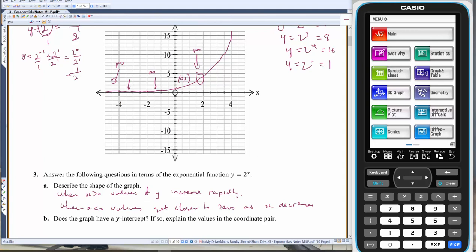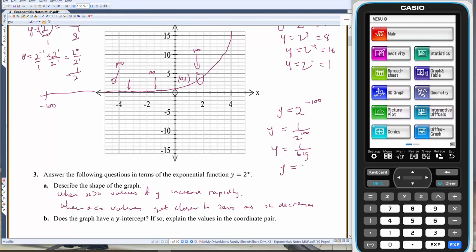So what's happening here is when x is greater than 0, these y values start to kick or really jump fast. Exponential growth. But as we get less than 0 here, we get closer and closer to 0. Mind you, we're never going to get to 0 because whatever x value you give me, say you go, hey, Mr. Miller, here we go, sub in negative 100. I bet you that's going to get to 0 finally. Let's do it. y equals 2 to the negative 100, which is 1 over 2 to the 100, which is 1 over a really big number,